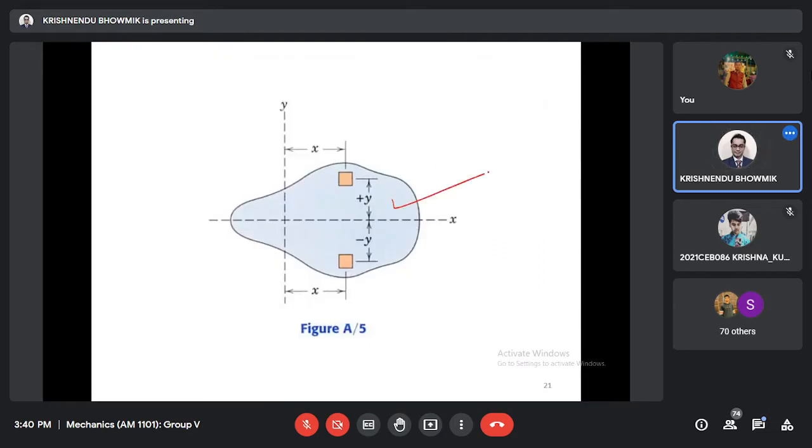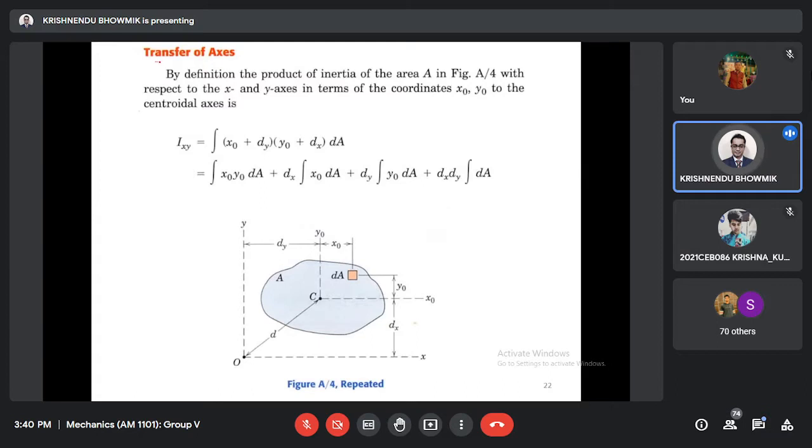But what we have learned is that when we are transferring the axis, even if it is symmetric, Ixy at CG equals 0, but when we want to transfer using the parallel axis theorem, if it is distance a, this distance b, and this area is A, then Ixy